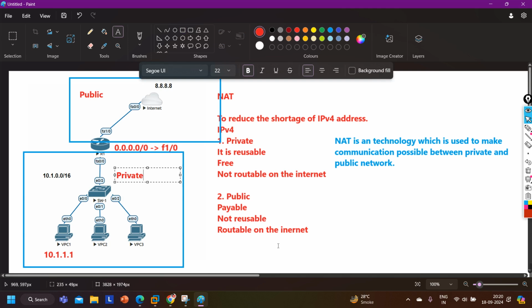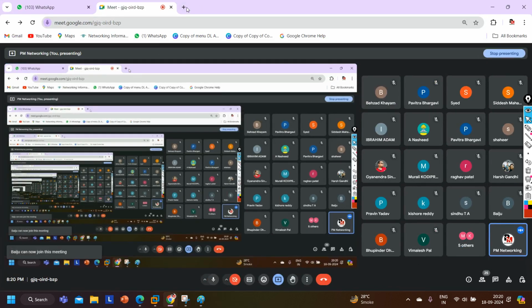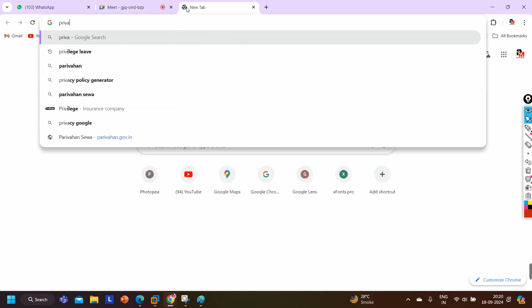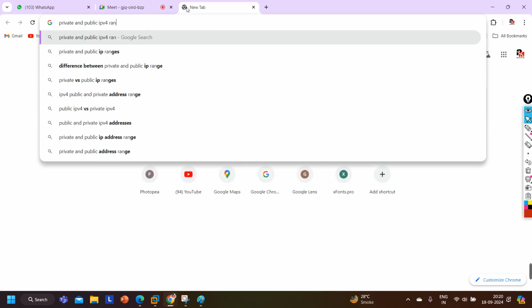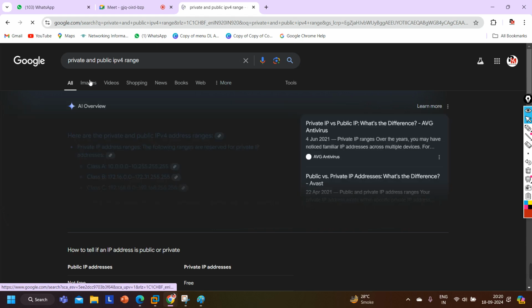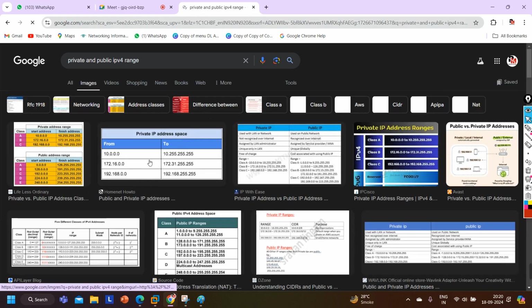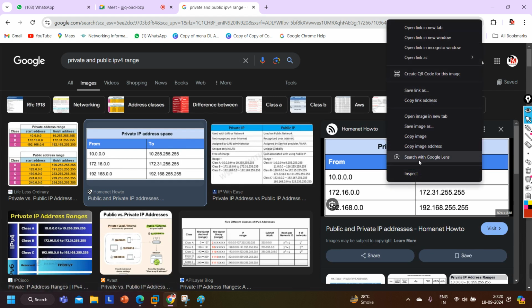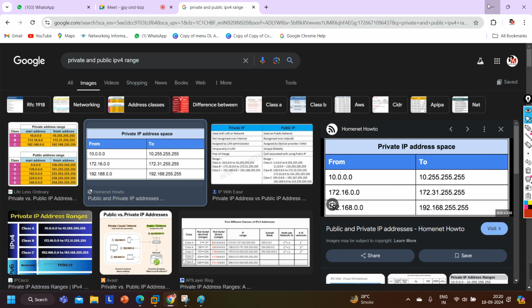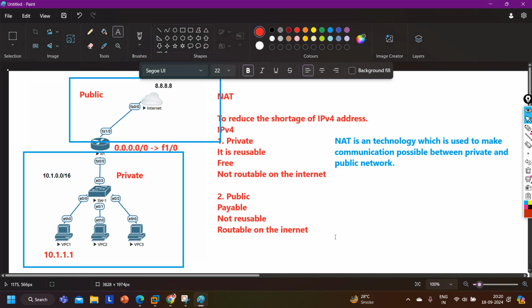From each class we have a range of IP addresses for private and a range of IP addresses for public, right? This is the range. This is the range of private IP addresses. Except this range, all the IP addresses from each class are public IP addresses.